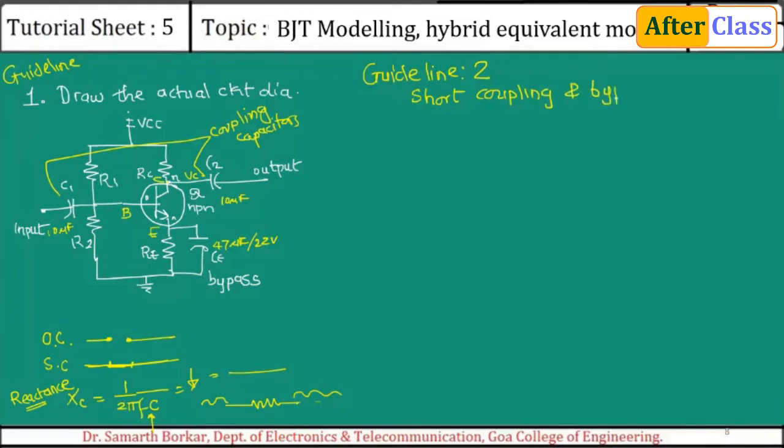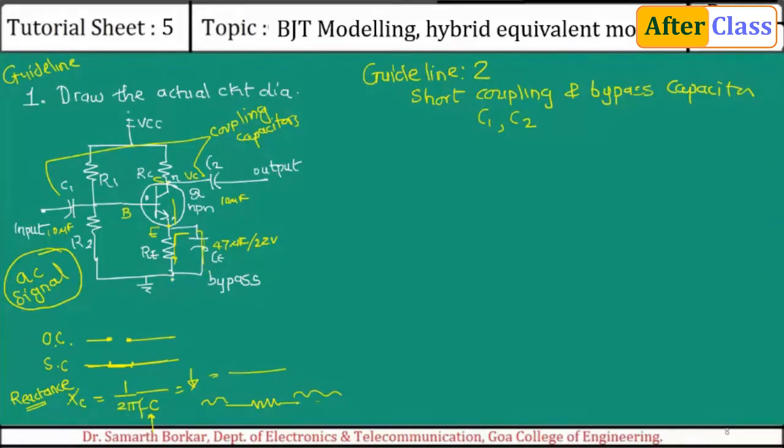Which are the coupling capacitors? C1 and C2. These are the coupling capacitors. Now he also says bypass this. So the moment I short this, if I place a short here, what will happen? The current is coming down and has reached this point. There are two ways to go. Either the current can go in this direction, or in this direction. Here we are talking about only the AC signal, so there are two ways to go for this AC current. Either it can pass through the resistor, or it will pass through this wire.